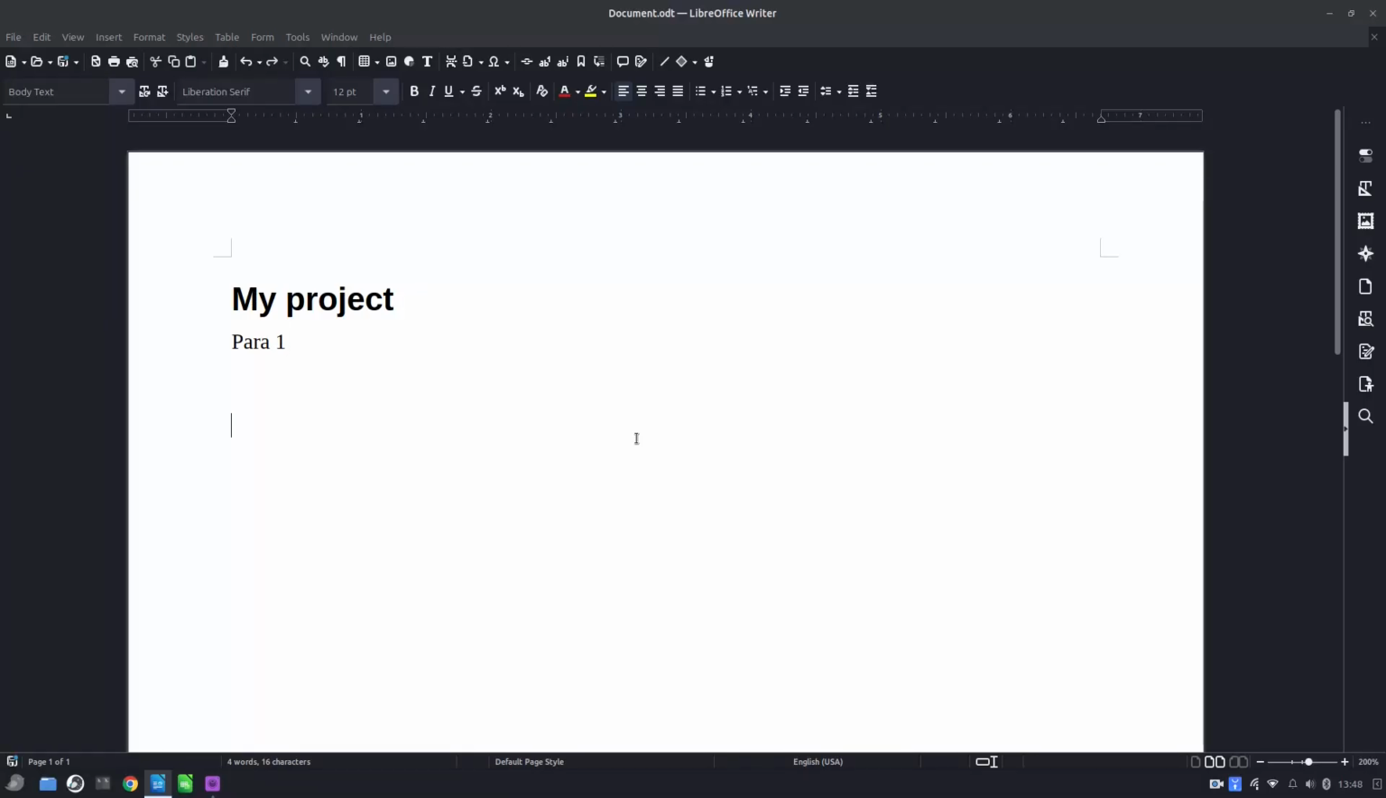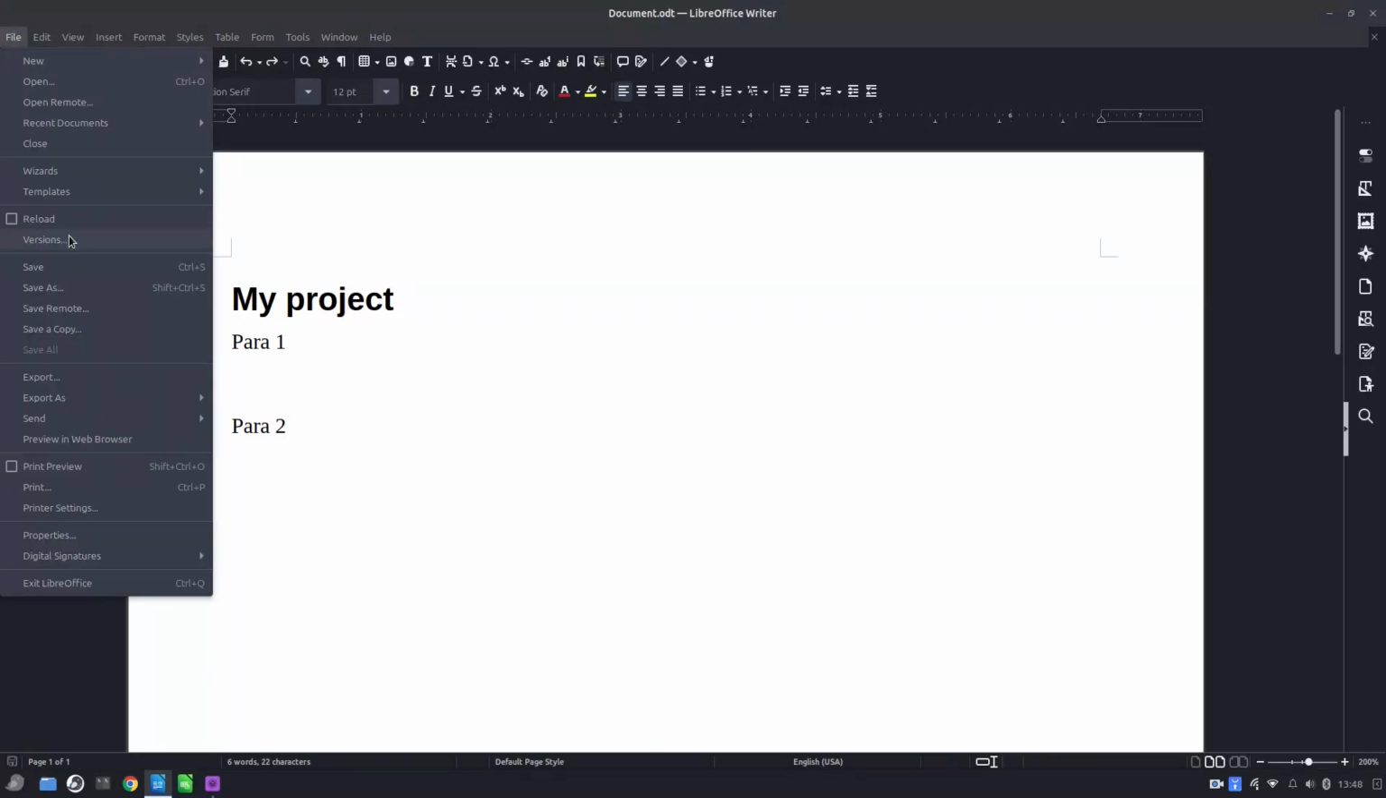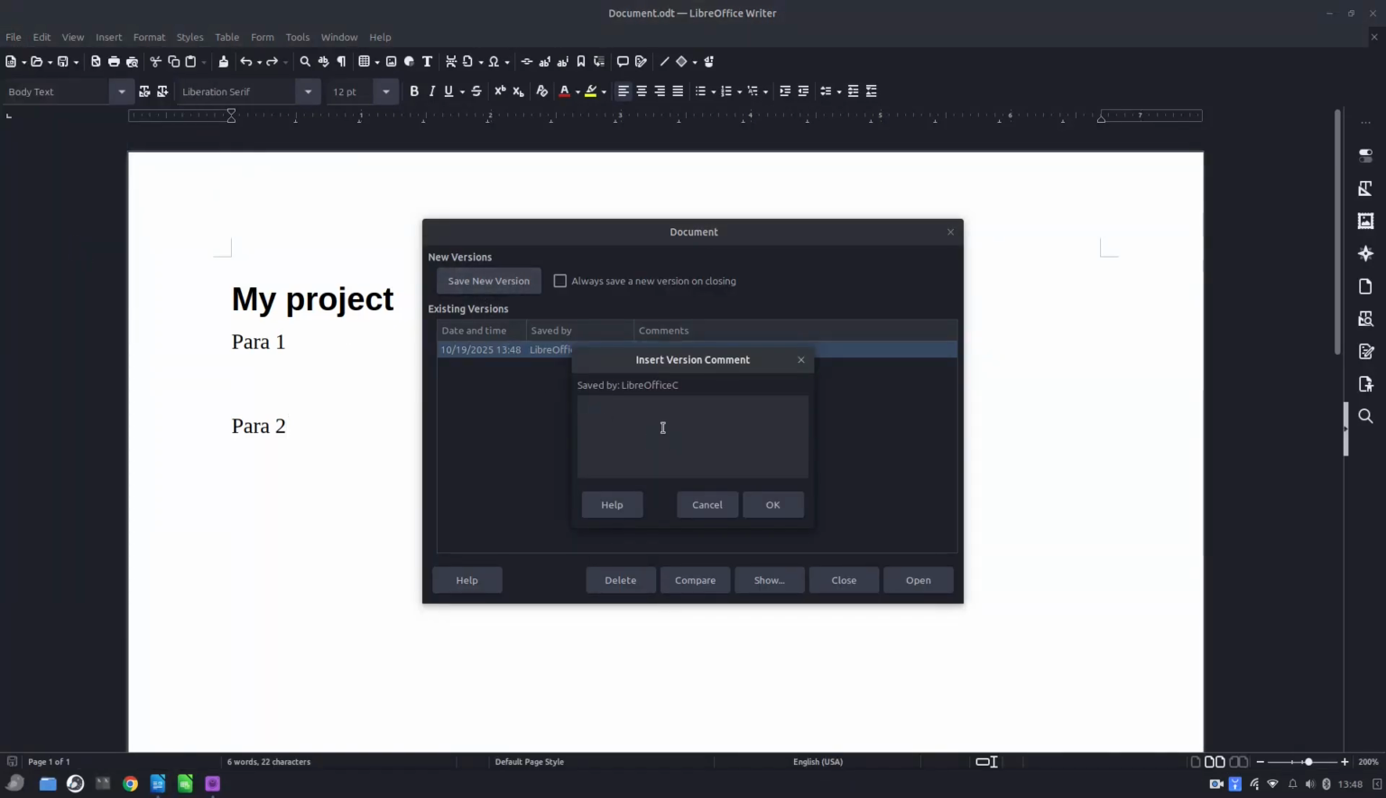And now we are writing more, and we are at paragraph 2, and we want to save it because let's suppose we work some hours and we want to keep the project. We save. Now let's go to File, Versions, New Version, version 2, paragraph 2,